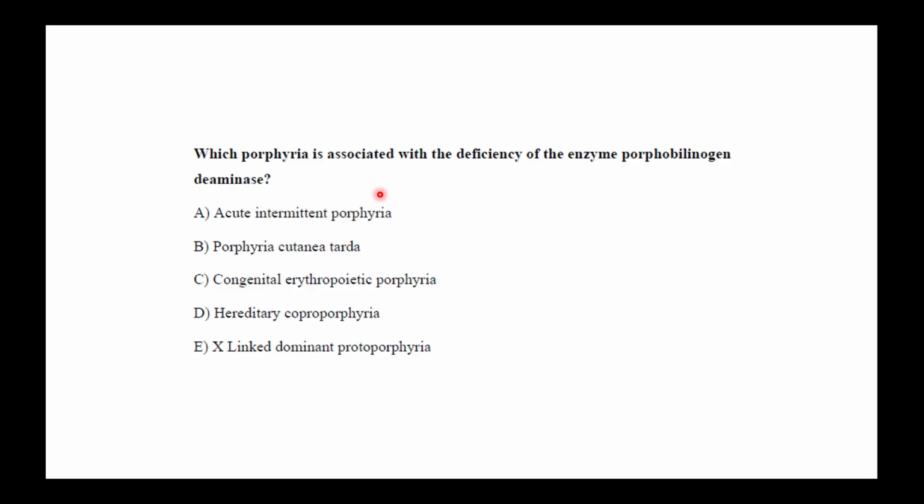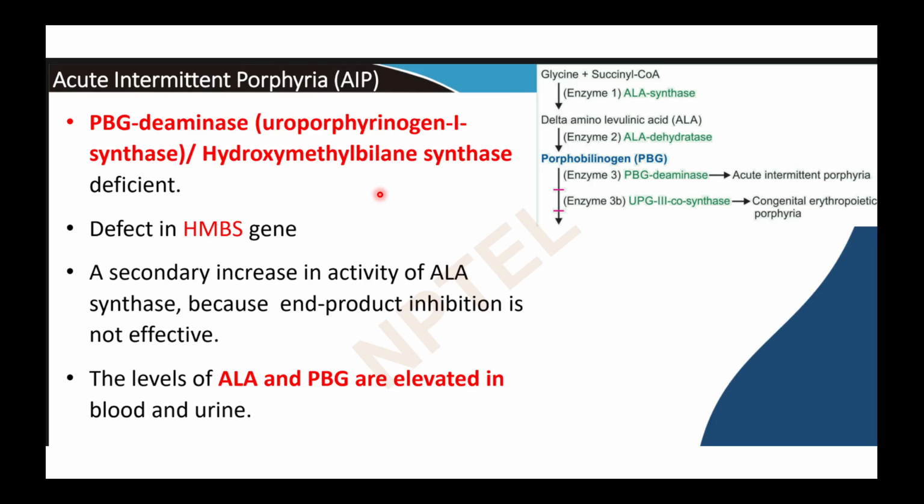So the correct answer is option A, acute intermittent porphyria. Acute intermittent porphyria is caused due to the porphobilinogen deaminase deficiency. So you remember porphobilinogen deaminase, it was converting porphobilinogen into the